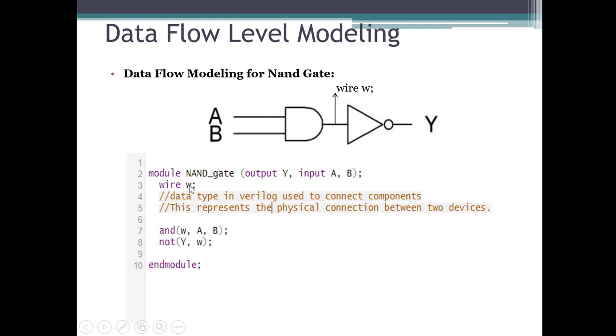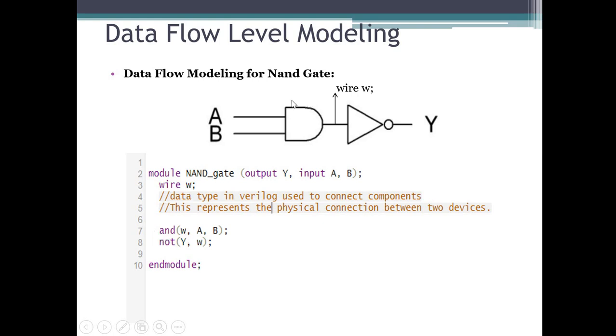For NOR gate and XNOR gate, obviously you will have to write code in the same way. Because of that, I am giving this example so you don't get confused about how to write the code for these things. So let's understand. Now I have declared wire Y here.